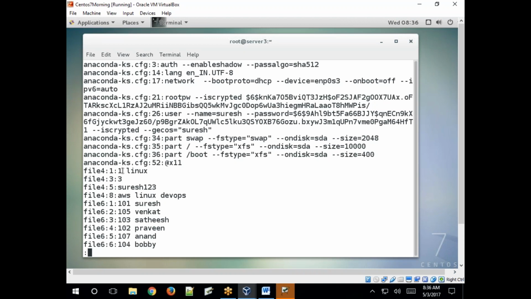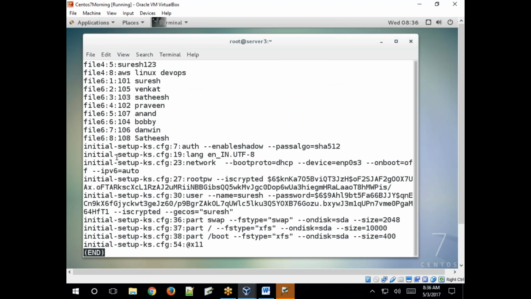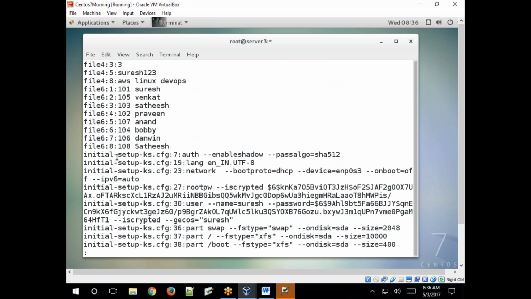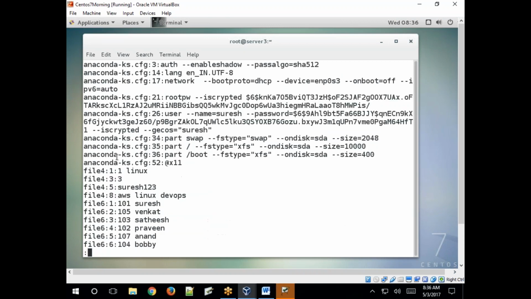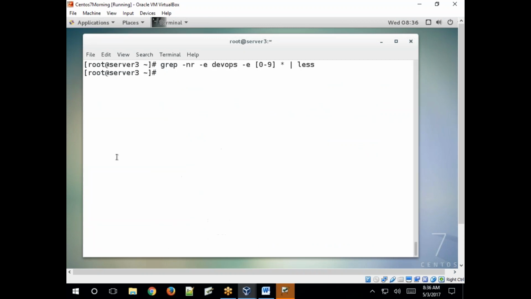In file 4, first line, file 4, third line, file 4, fifth line, 8th line, like this. All the files and the matched lines. Okay. So if you want to print, use page up and down, end of the file, using less. Clear? Now remove and yes,